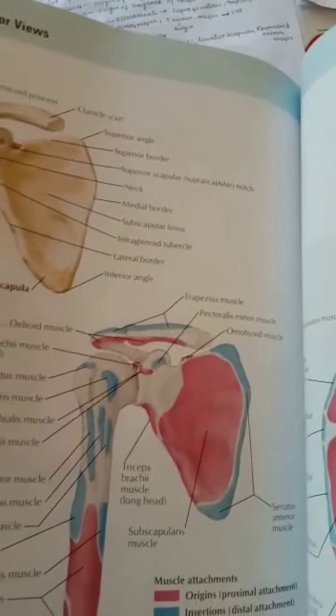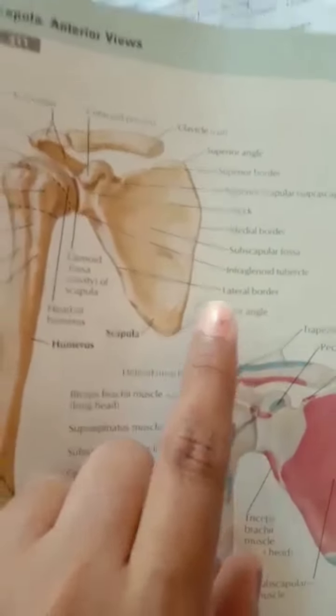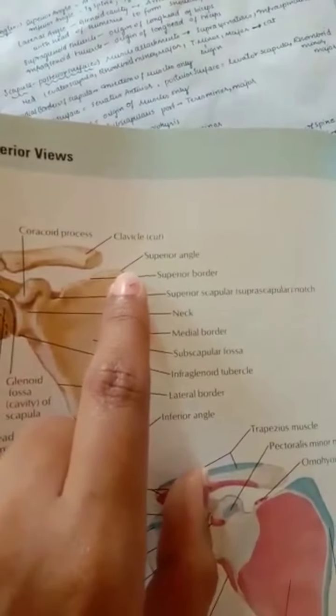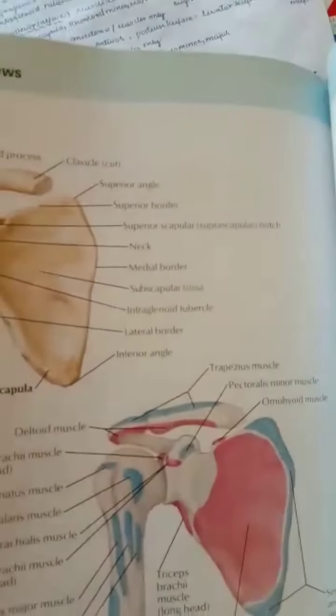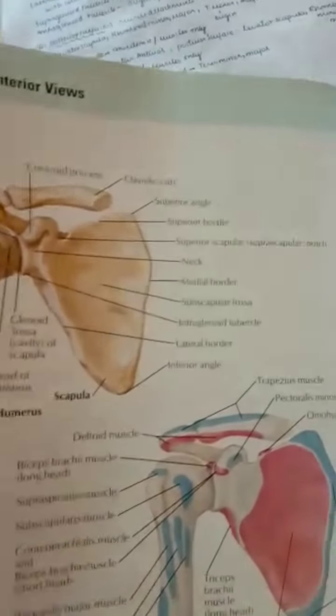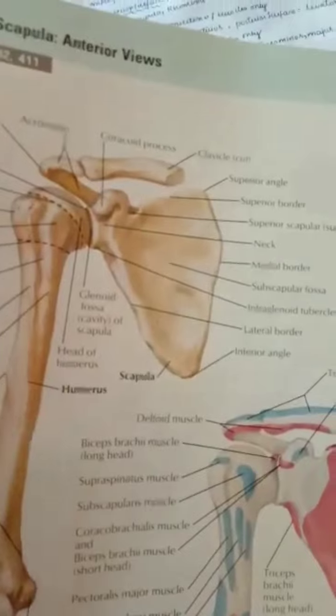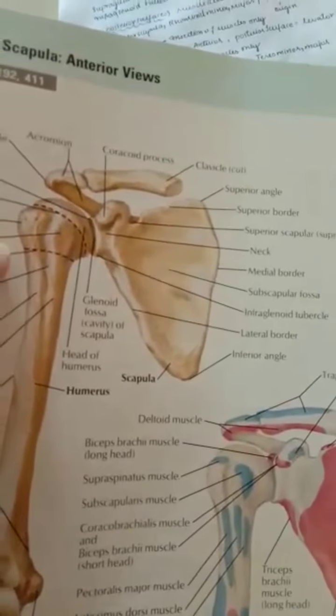And next we have angles. The superior angle is at the level of T2, and the inferior angle is at the level of the T7 spine, or nothing but the T8 body. So this one you can also remember as T2 level or T3 body. And next, coming to the lateral angle: it articulates with our humerus head. So the glenoid cavity, I think everyone knows, is a ball and socket joint with the head of the humerus to form the shoulder joint.